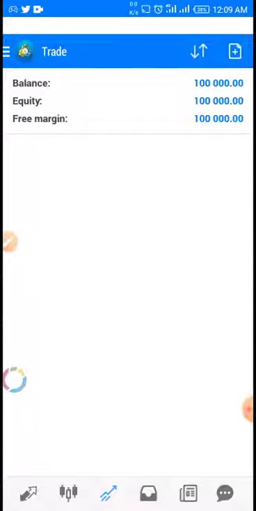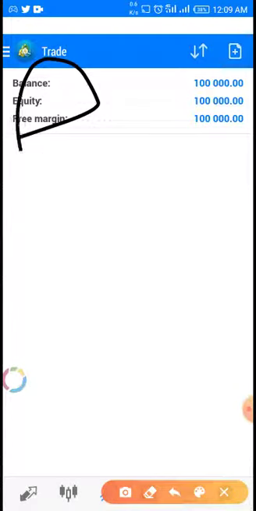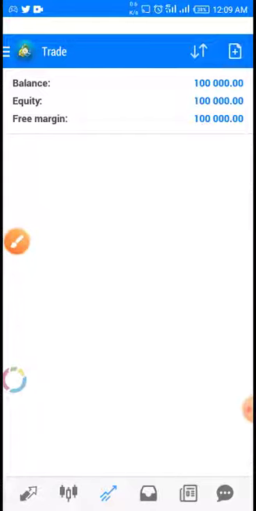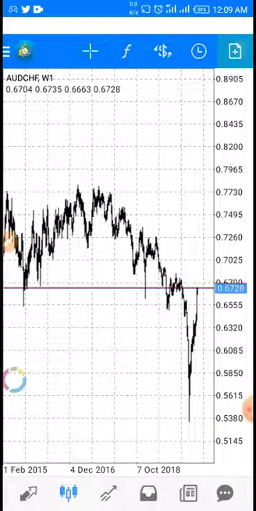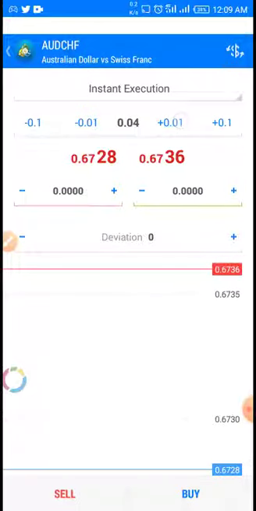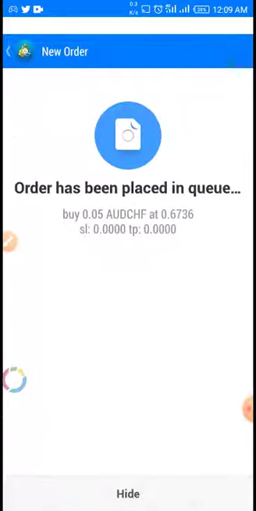The trade menu, when you have a trade menu, there are certain things you have to take note of in your trade menu. For example, your balance, your equity, your free margin. You see, this one is just 3. But by the time I enter a trade, say I enter a buy trade currently, for example,